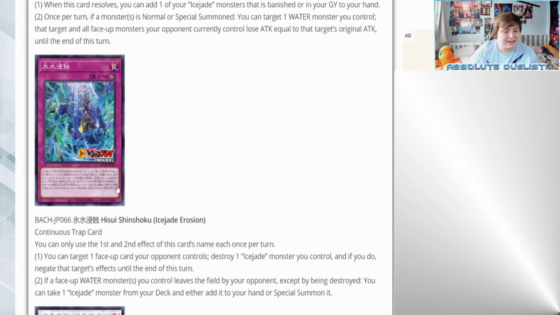But what's the second effect? If a face-up water monster you control leaves the field by your opponent, except by being destroyed, you can take one Icejade monster from your deck and either add it to your hand or special summon it. Okay. I wish it didn't have the clause except by destroyed, because that basically means if your opponent attacks it, if your opponent Raigekis it, or if your opponent does something just to kill it, then you don't get anything back from that. You just see your monster die, but I guess it makes sense for that to happen,